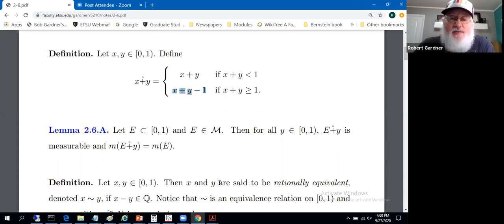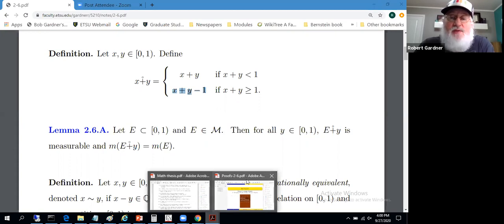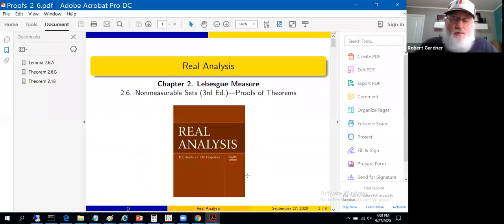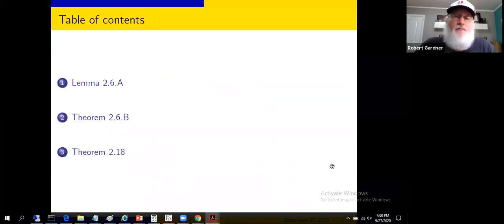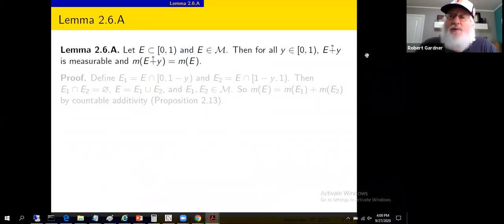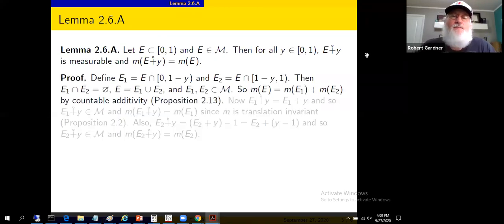So we'll actually take set E and break it into two pieces. Let's do that. Okay, so we'll take set E as given, break it into two pieces. We've got a translation of one piece. We've taken the other piece and cut it off and translated it, which is effectively a translation of the other piece. Okay. So we'll define E sub 1 to be E intersect the interval from 0 to 1 minus y,